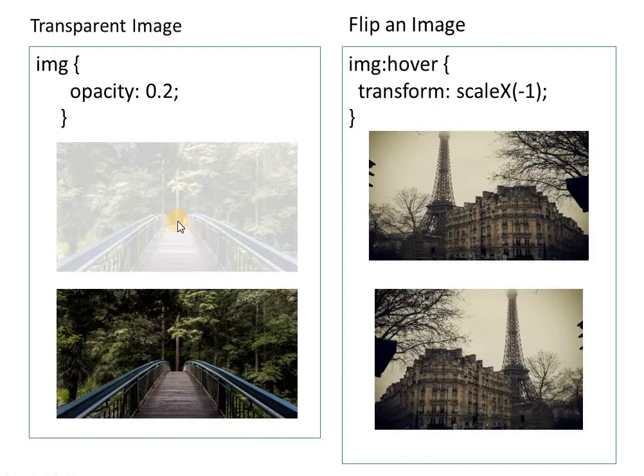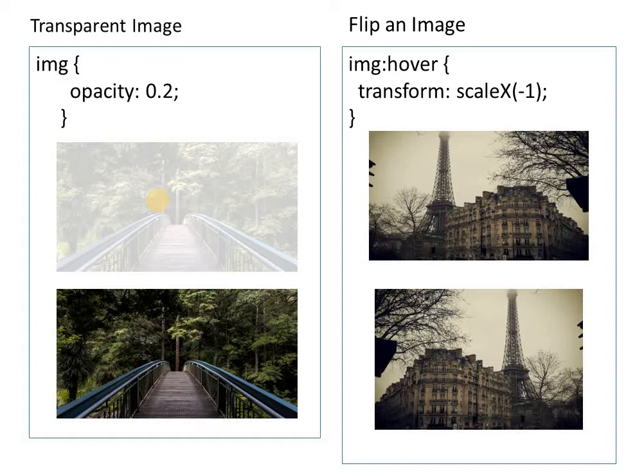Now after that, there is a property for making our image transparent. For that purpose you have to use a property named opacity. That means how your image will look, whether it is transparent or not. Here you can see that this one is our original image, and I have set opacity value as 0.2, so it will be visible like this. If I set it to 0, then it will not be visible anymore. The opacity value ranges between 0 and 1.